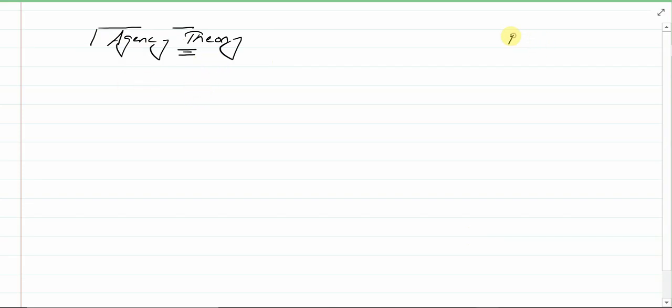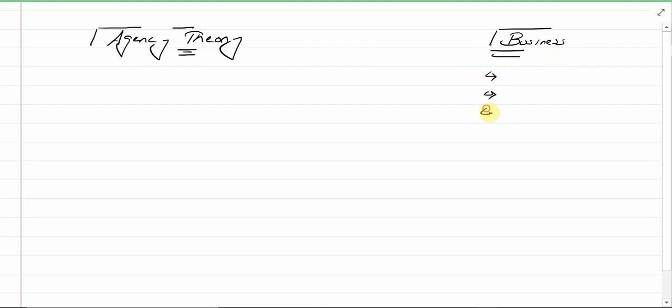Alright, dear students, in this lecture we are going to discuss the agency theory. Now, why are we discussing this agency theory? Because we have to understand the concept of the financial statements and the concept of preparing the financial statements. In the previous lectures, you have studied that business is a legal activity undertaken to generate profit. This is the thing we have already discussed.